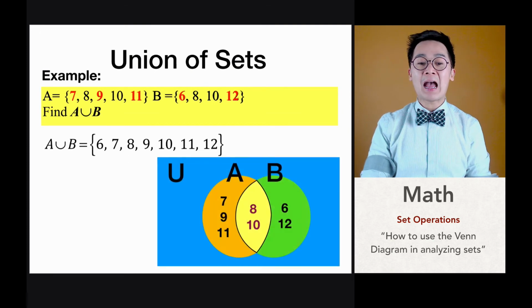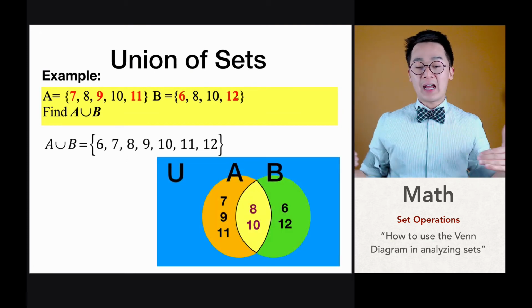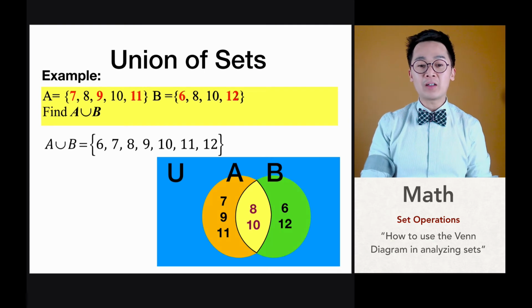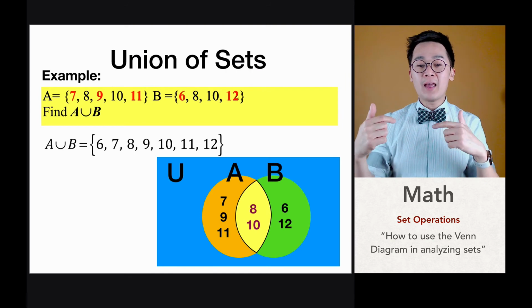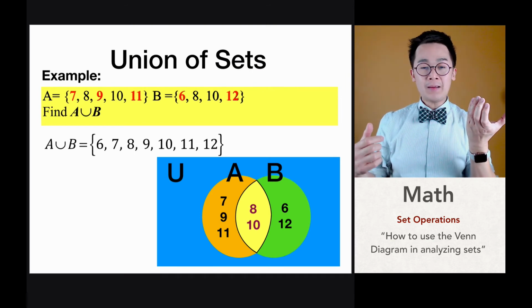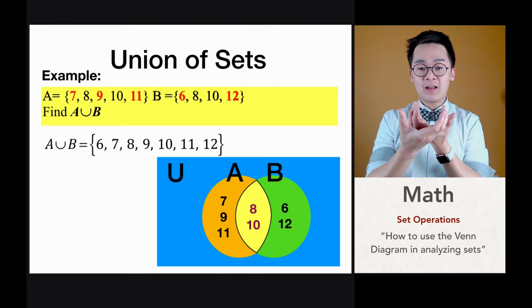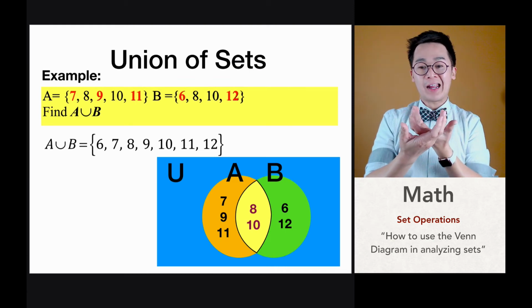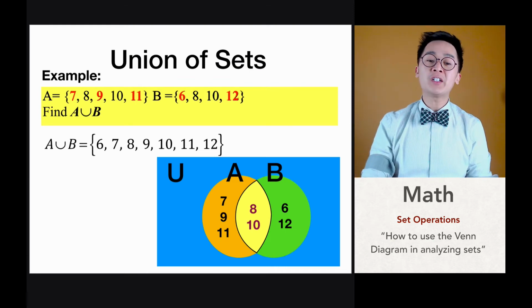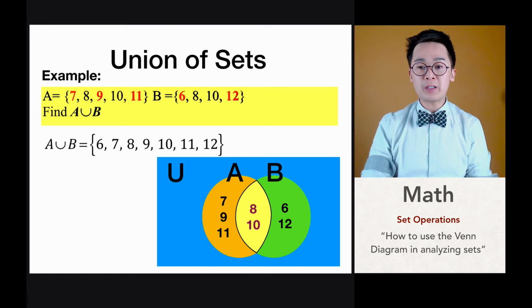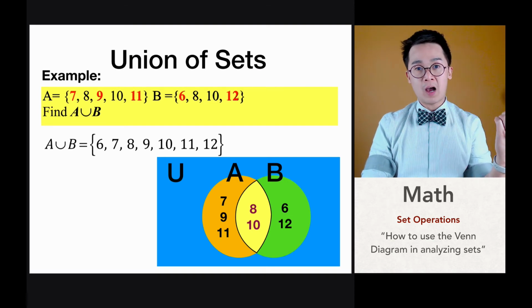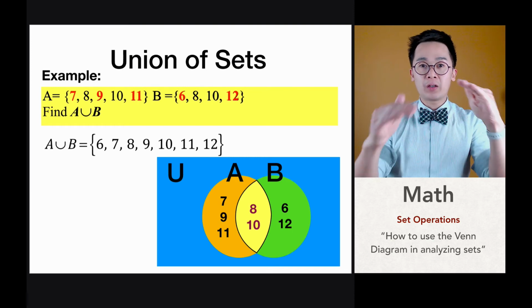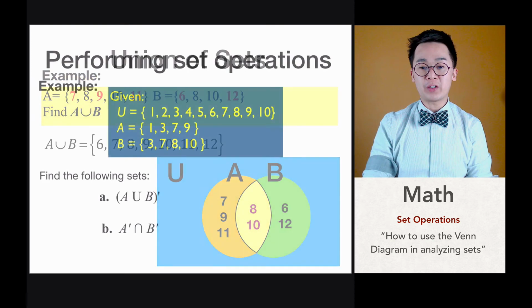So this is how we're going to write our diagram or Venn diagram for A union B, wherein you're using all the elements that you're seeing that are exclusive to A, exclusive to B, and in the union or intersection of A and B. So these are some of the operations that we're going to be using in set operations. We'll see the complement, we'll see the intersection, and we'll see the union of sets in some universal set U. So let's say we have a